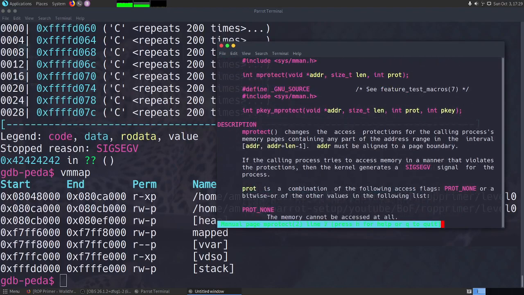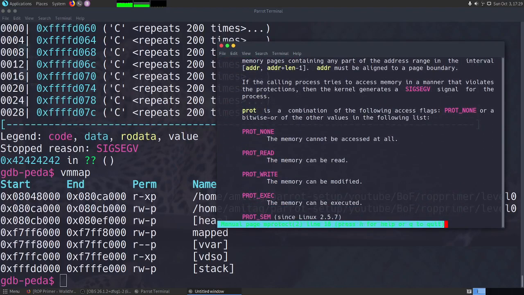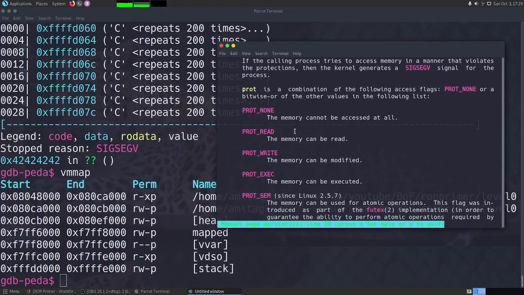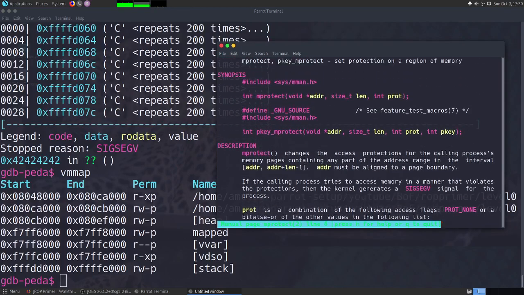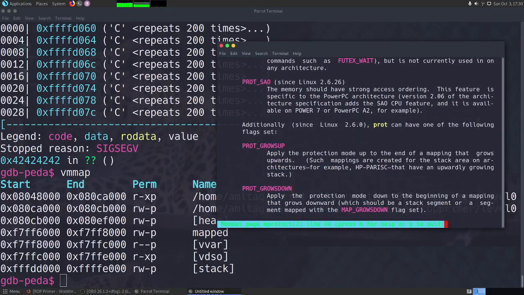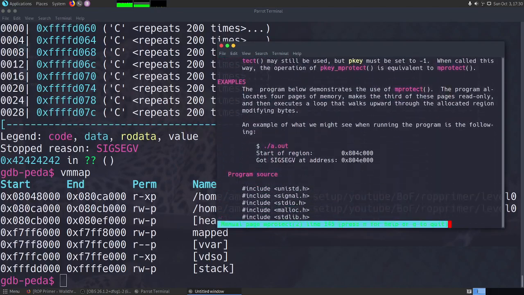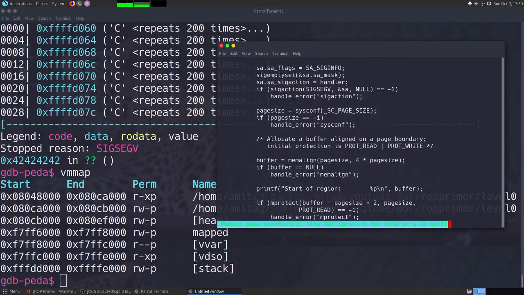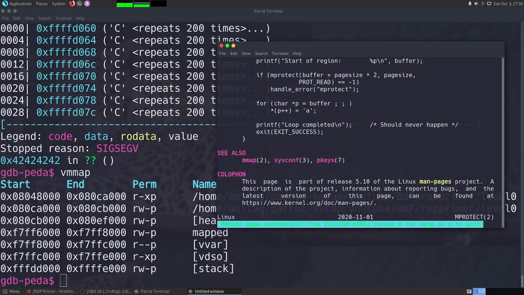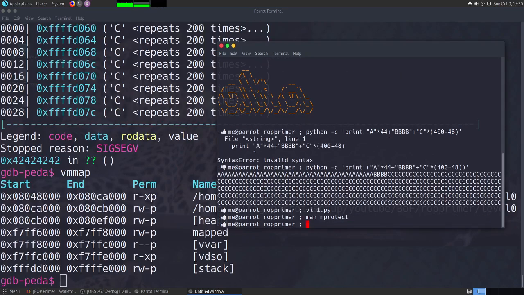Now if you go down a little bit, you can see that there are multiple protections that you can enable or disable: PROT_READ, PROT_WRITE, PROT_EXEC. And if you go down into this file, mman.h, you can actually see that the values are very similar to how you do it for permissions for your binary, so 1, 2 and 4. So basically if you want to change the memory address to 777, you will get read write execute. But since there are no 3 permissions here and only 1 permission, you basically want just 7, right?